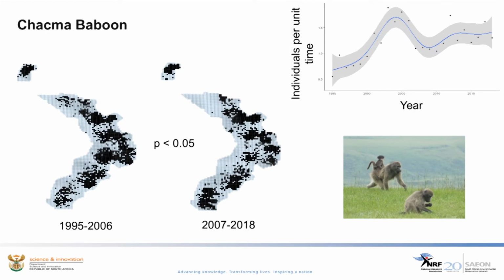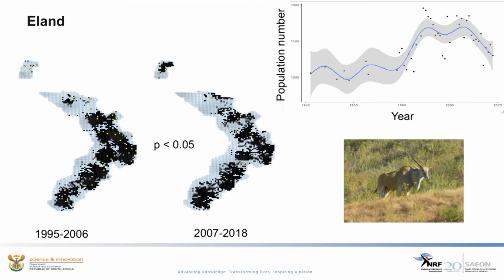Baboon numbers appear to have increased initially, followed by a dip and then stability in recent years. However, their range has also significantly contracted within the park in recent years. So as I mentioned earlier, the eland population was assessed separately on account of more reliable data being available through aerial surveys. This figure shows the eland population